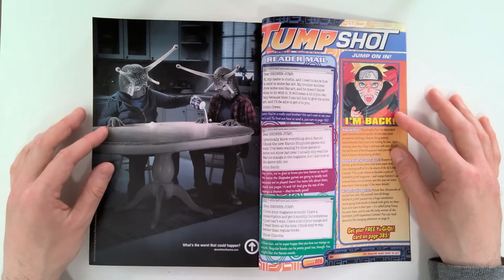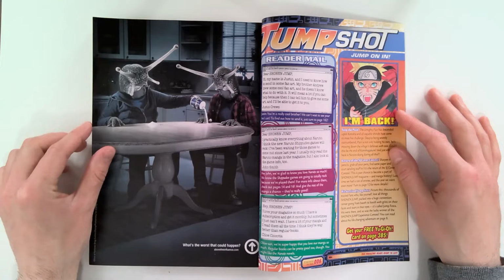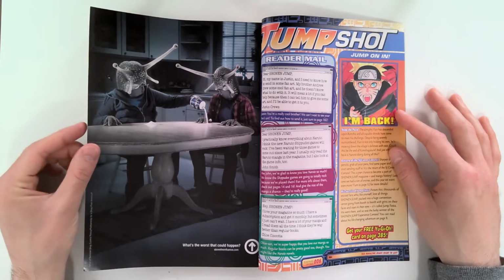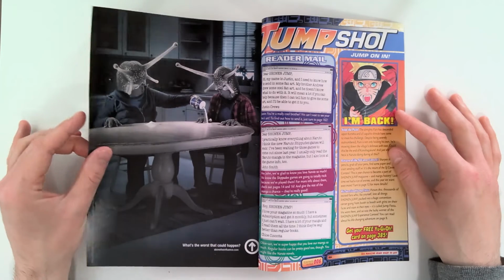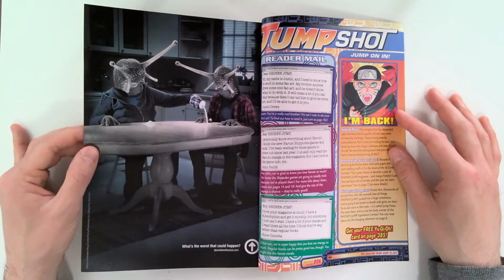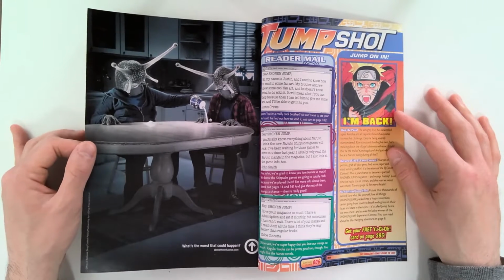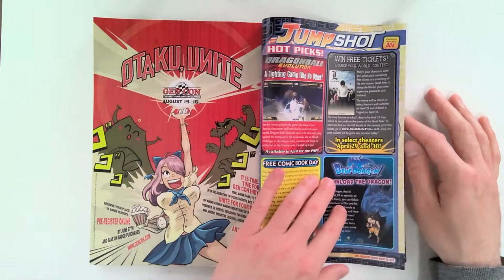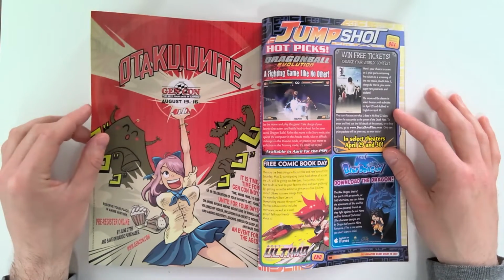On the right here, we have some reader mail. That is, readers of the magazine would write in and they would answer their questions on this page here. And on the left-hand side, we have an Above the Influence advertisement, which were ads for things like drugs and doing the wrong thing as a teenage Shonen Jump reader. So, all right. The right side, we have Jump